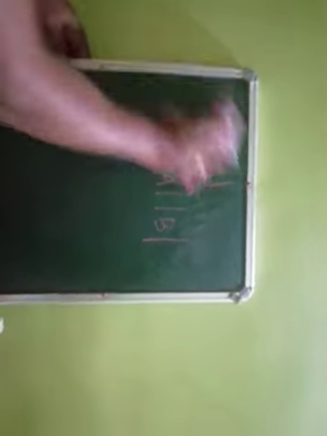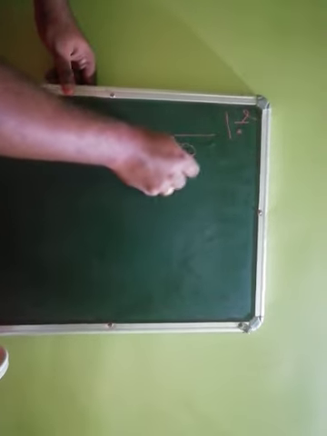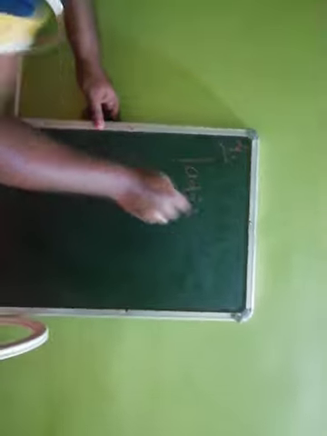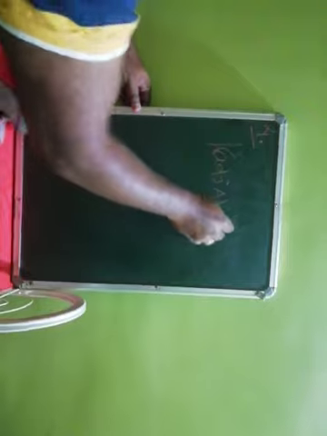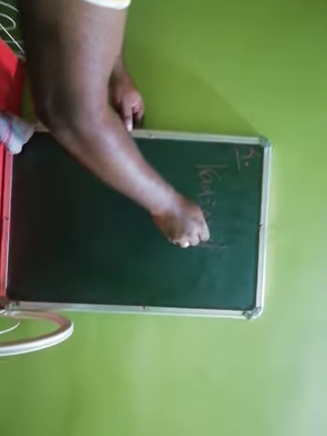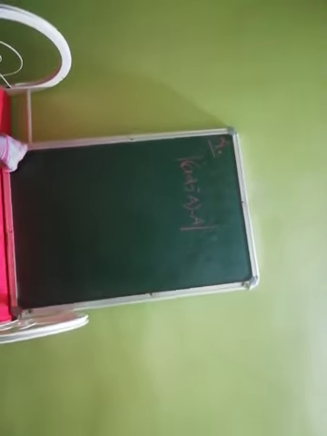Now let us see one more result. The fourth result is: let us find the determinant of adjoint of A into A. You already know the value of this. You know what adjoint of A into A is. We have discussed that.